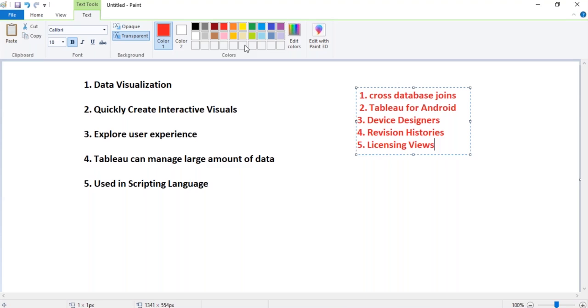So that is under the control of Tableau Corporation. They will be responsible if something goes missing in the data. That's why before buying this Tableau software, there will be an MOU, a memorandum of understanding, between the company and the Tableau Corporation, whenever they are buying the license version.